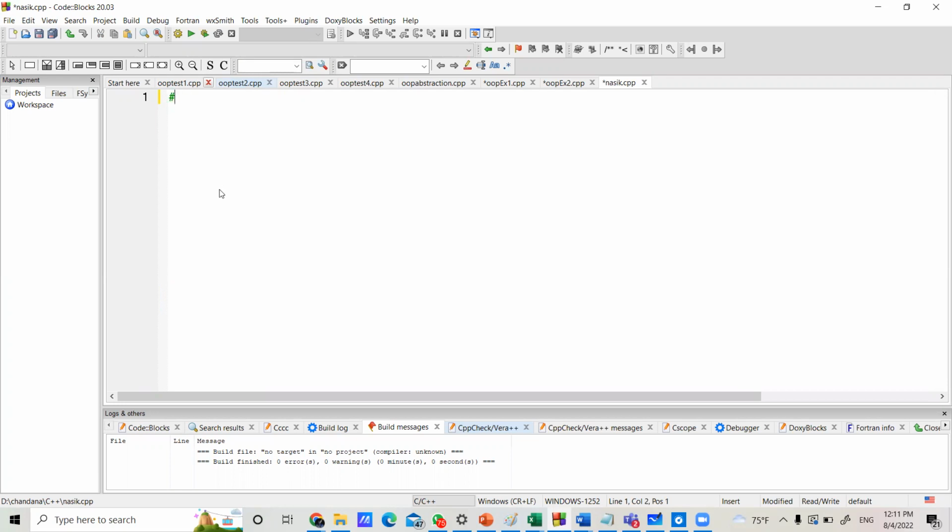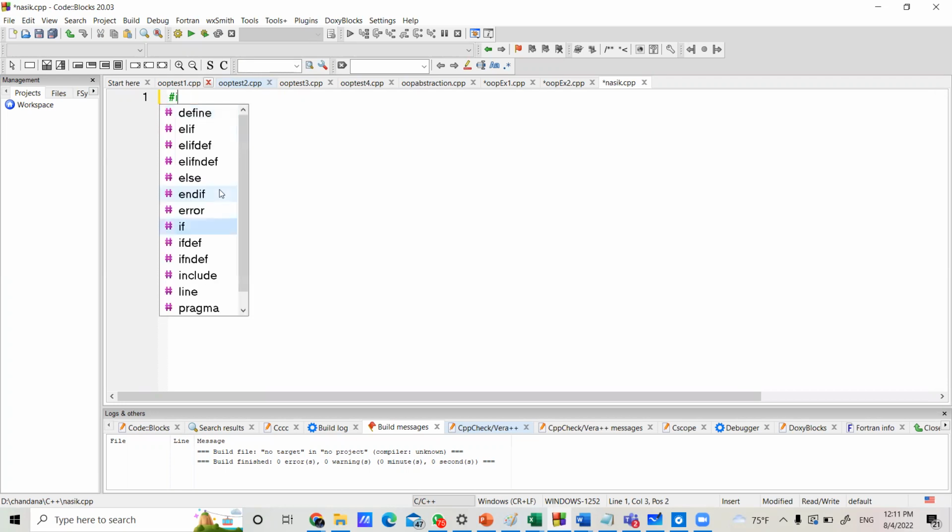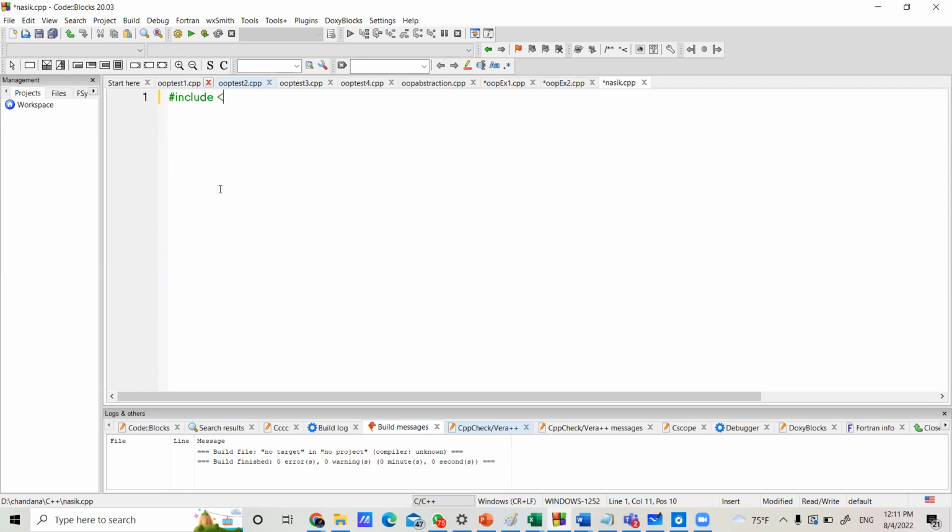The first thing is to assign the header files, include iostream, don't use the .h part for this compiler. Then using